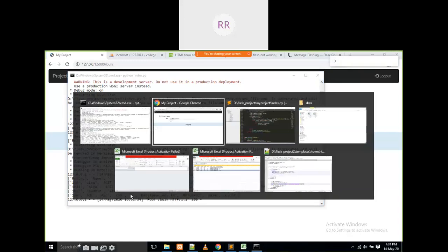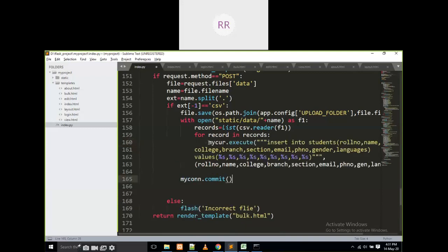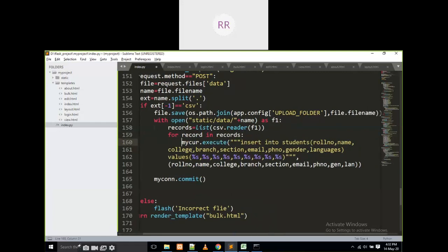Yes. Now, instead of this printing, I am going to insert it. That's it. I am going to copy this thing. Yes. cur.execute of insert into, but these are not these fields.